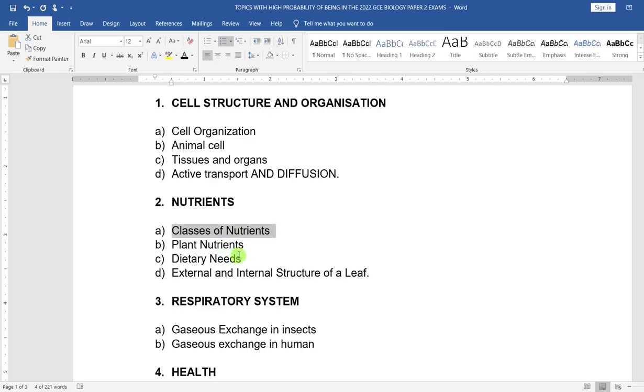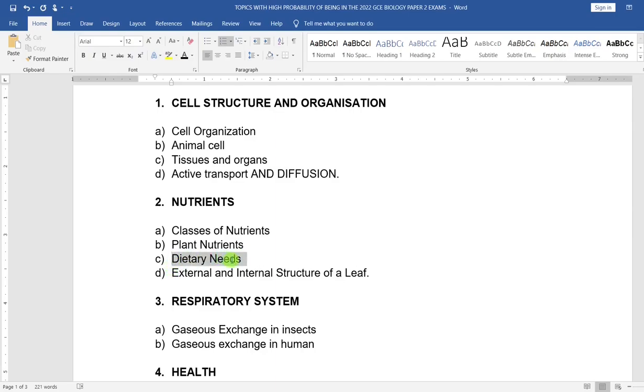Then you need to know the deficiency of proteins in a person. What deficiency disease does it cause, also in babies, for instance? Also you have to look at plant nutrients such as calcium, magnesium, potassium, and phosphorus. What are their functions in plants, and if they are lacking, what disorders do you see in plants? Those signs, guys, you need to study.